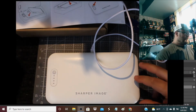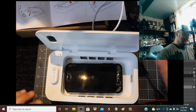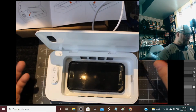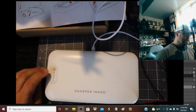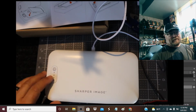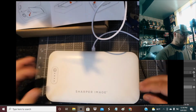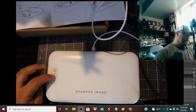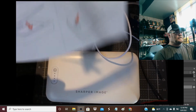Basically, it's pretty simple. You open it up, put it in. You close it, and hit the on button. It'll light up saying, "All right, it's starting." This will blink, then go solid. This one will start blinking for 6 minutes. Then you're supposed to flip it over, and close it again. Hit the button again. It'll blink, then go solid until 12 minutes are up total. And that's supposed to